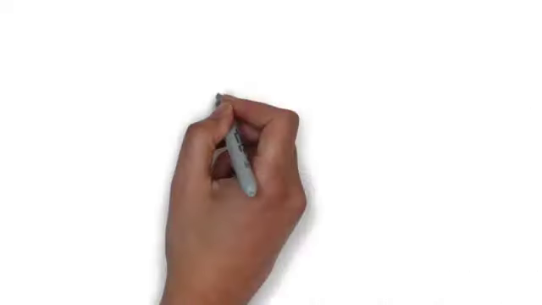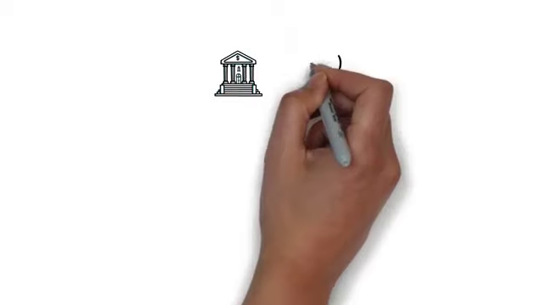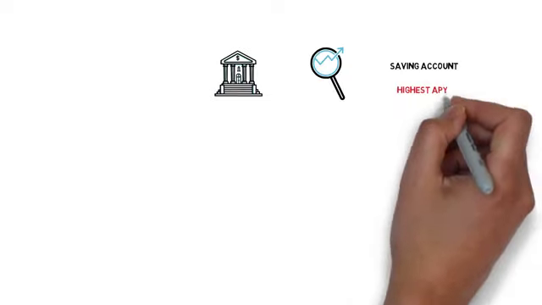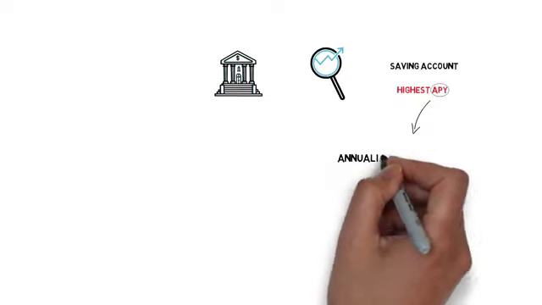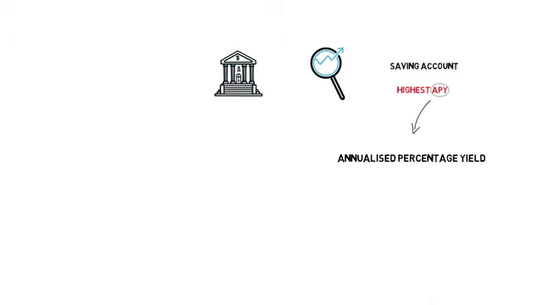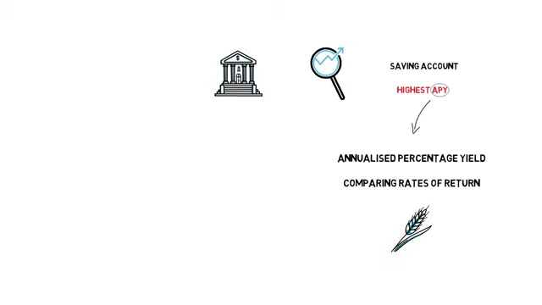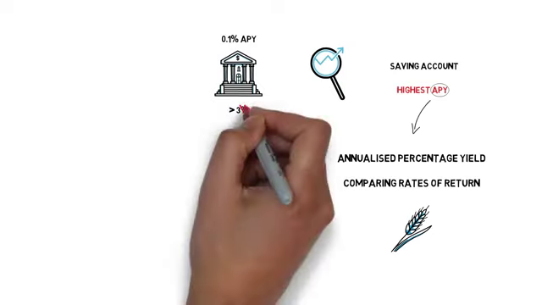To compare it to traditional finance, you can imagine people trying to find the best savings account with the highest APY. APY stands for annualized percentage yield, and it's a common way of comparing rates of return on your money across different products. It's also a common way of expressing the returns of different yield farming strategies. Speaking about APY, it's common to see traditional savings accounts having around 0.1% APY, and anything above 3% is pretty much unheard of these days.